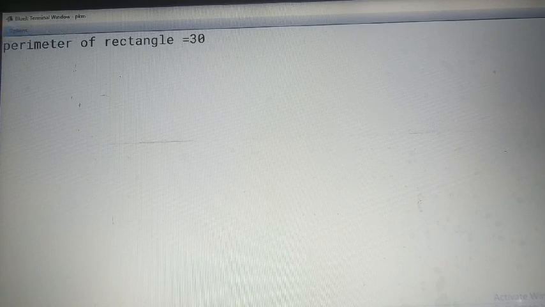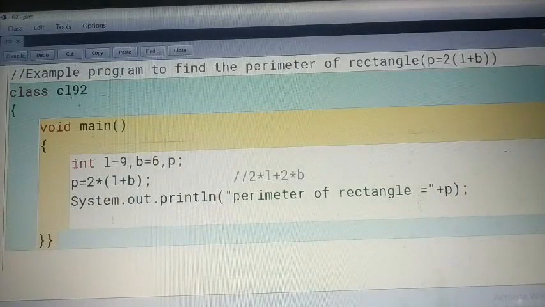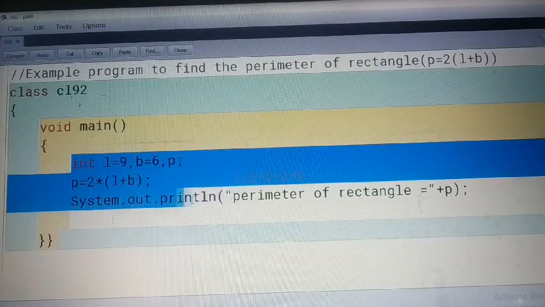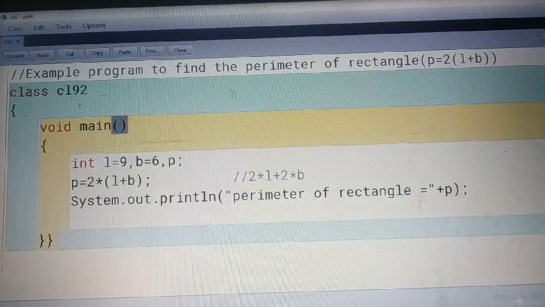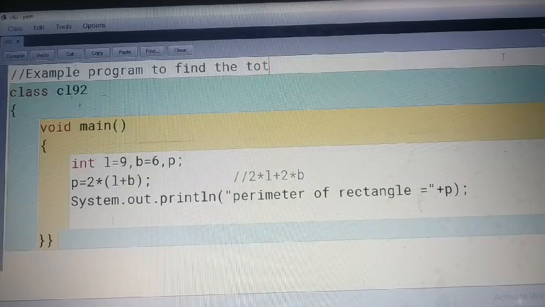Okay, easy. So we will go to a slightly more complex level. We have a program here to find the total salary when the basic salary is given. What is total salary? Total salary is the combination of various compensation provided by the company.